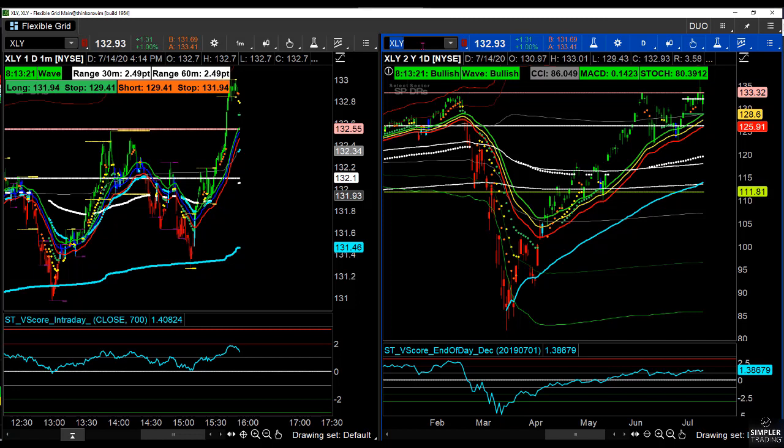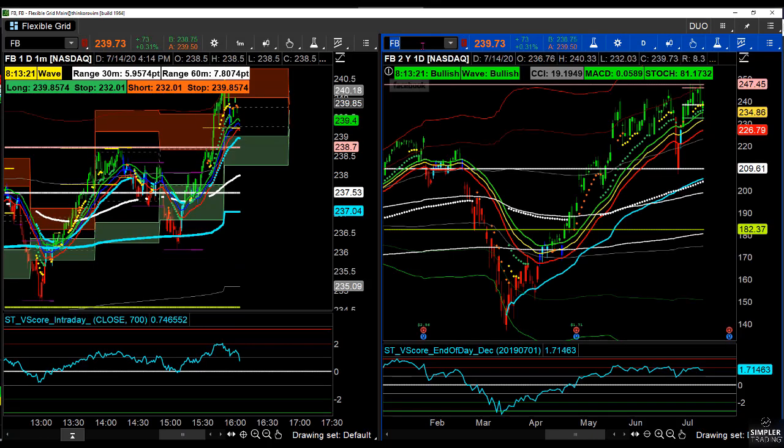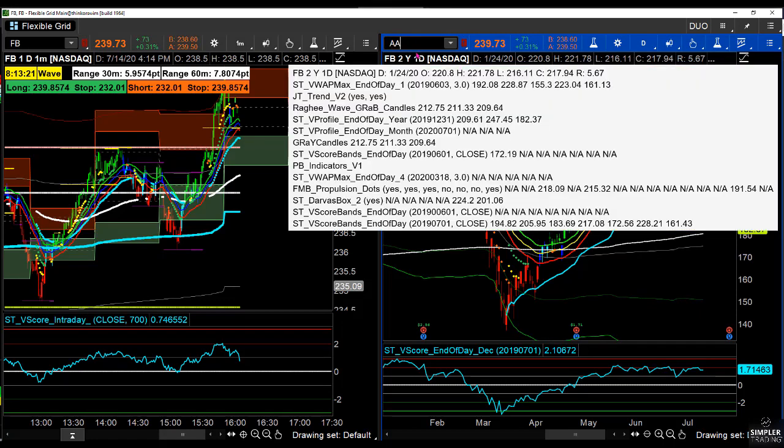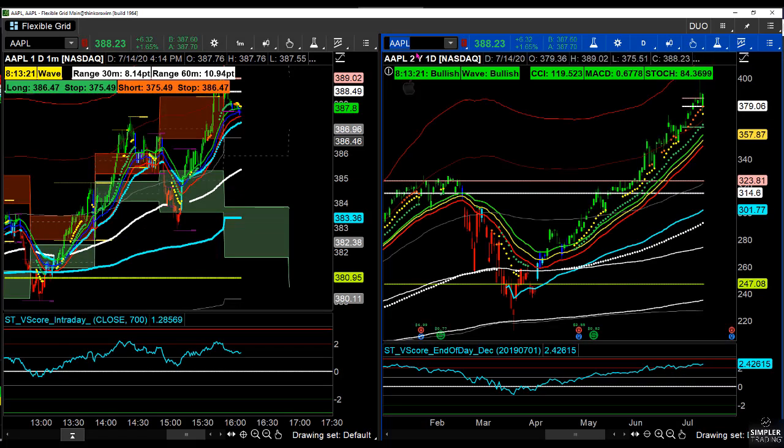So think about the way in which we're not only playing the indices to sectors, but also reversing that and playing some of the stocks that are heavily weighted within the sectors and indices. And when you have that kind of fluidity, you're never going to be lacking for opportunity that's connected to the broader averages. So Facebook is an entry that we took at the value area low, a volume-derived support level, and Apple was a setup that we took at the 8 exponential moving average and the point of control.